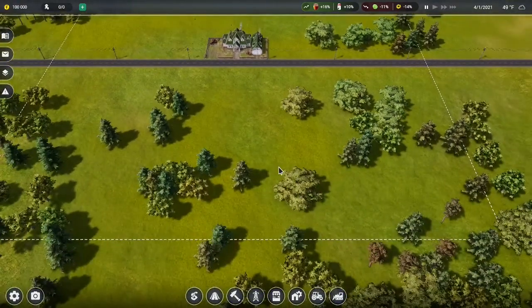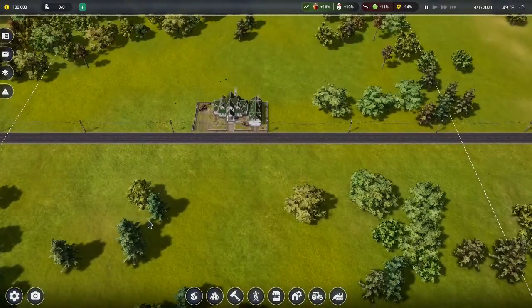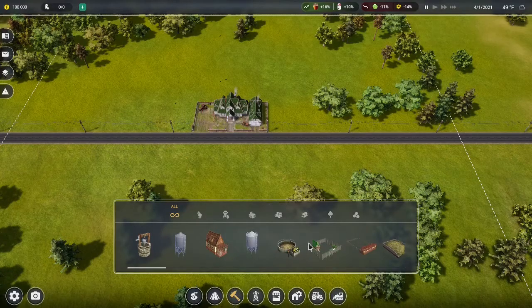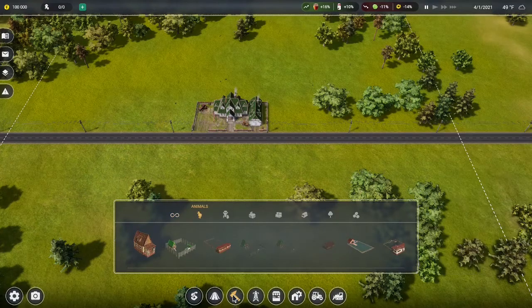Certain things that we're not going to be able to fix, so deal with it. Alright, so we have to start off with something easy to make some money. Oh, I think in free mode it unlocks everything right off the bat. We are going to do some sort of animal. Now let's go and take a look